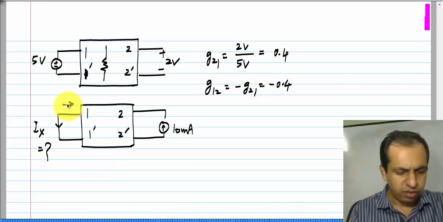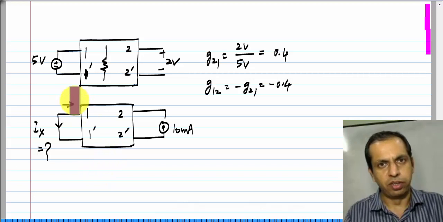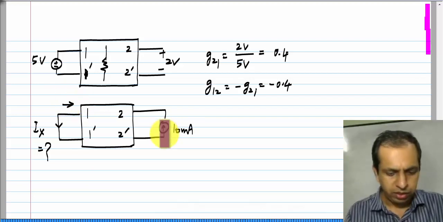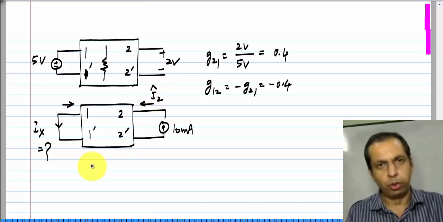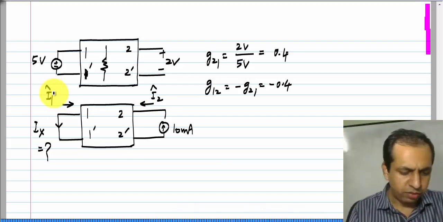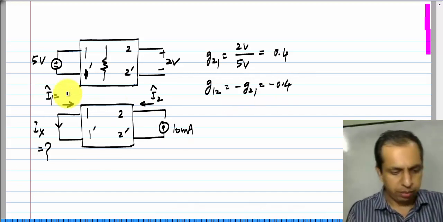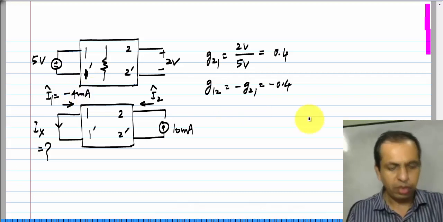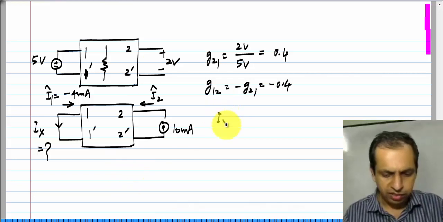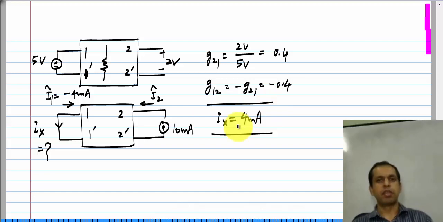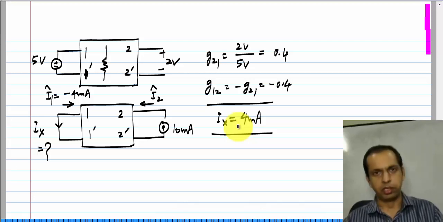So, I1 in this direction, which is the direction we take for currents in a 2 port. If this is 10 milliamperes, that is, if I use my old notation, I2 hat is 10 milliamperes, I1 hat will be G12 times 10 milliamperes, which is minus 4 milliampere. Now, this Ix is opposite of I1 hat. So, the answer is that Ix is 4 milliampere. This is a very simple problem where you can exploit reciprocity,